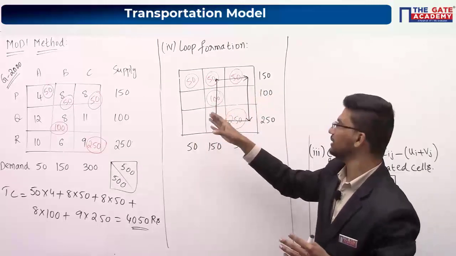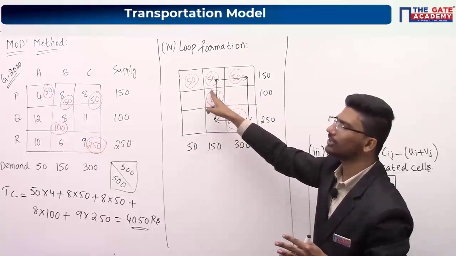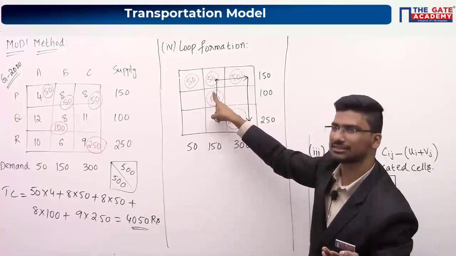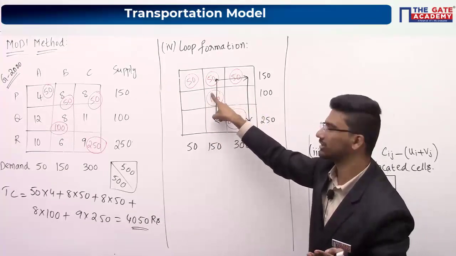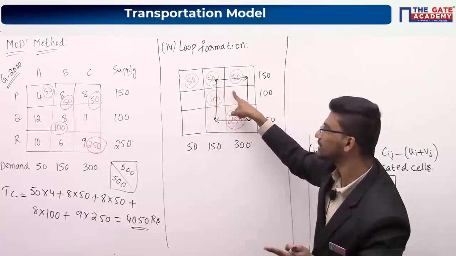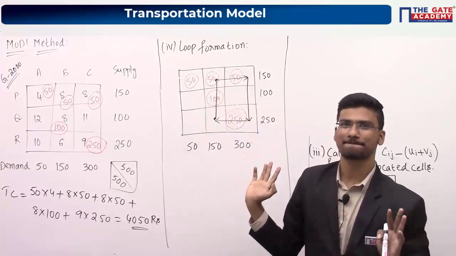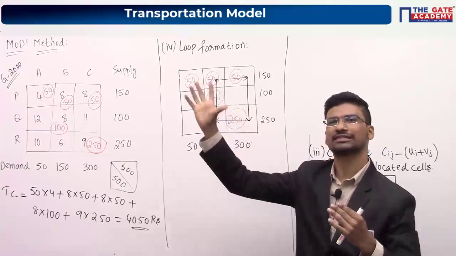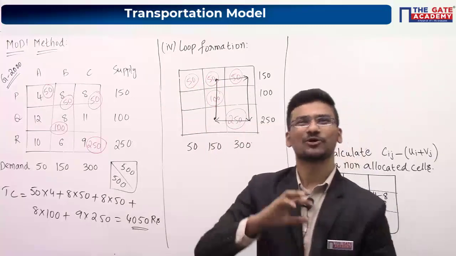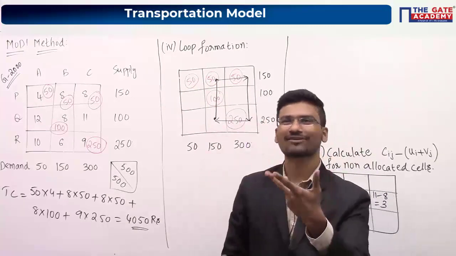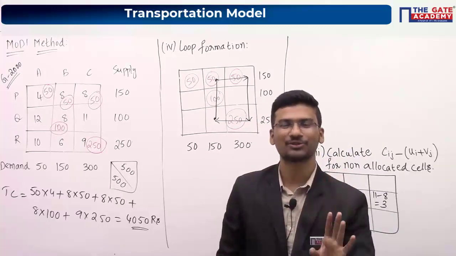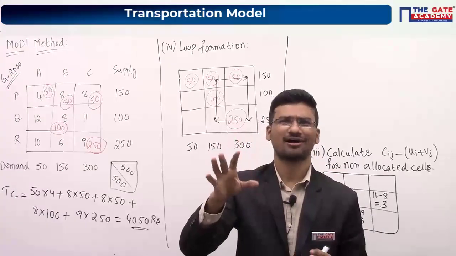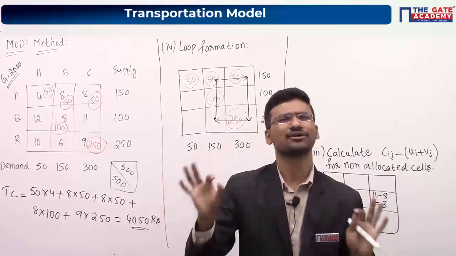Okay. So if you are able to come back by moving only one cell, you can come back. Okay. But if you are moving only in this particular cell, you cannot come back because this is the only allocated cell, this is a non-allocated cell, and this is also a non-allocated cell. Okay. So it is not mandatory to move only in single steps. You can move 2-3 cells at a time. Okay. We don't require the shortest loop or the longest loop. We just require a loop. It may be shortest, it may be longest, don't worry about shortest or longest. We just need a loop.